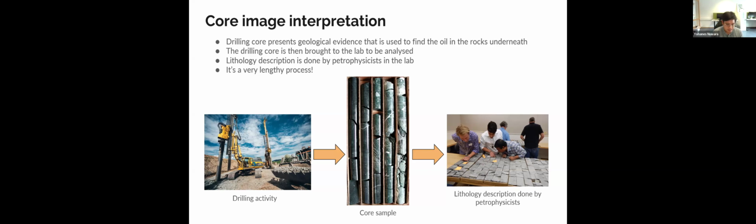Traditionally, this process takes a really, really long time, maybe a week, or maybe you handle lots of very, very deep wells. It can be more than 1 week, maybe 3 weeks. So interpretation takes lots of time as well as resources, right? So the idea is how to automate this kind of interpretation using deep learning.